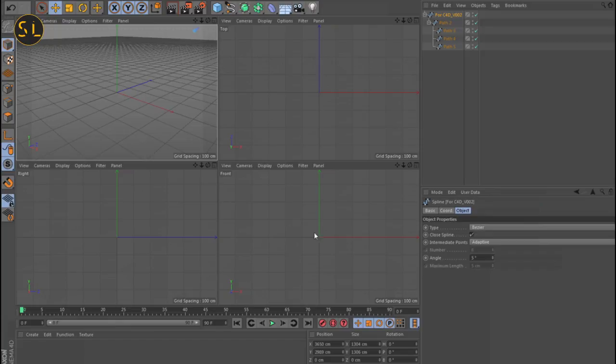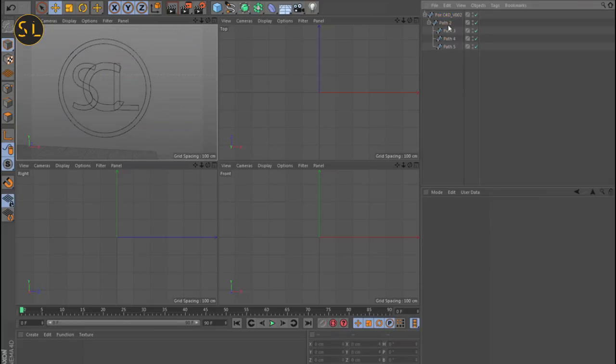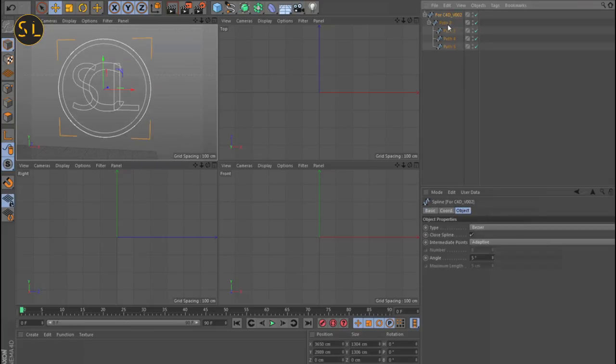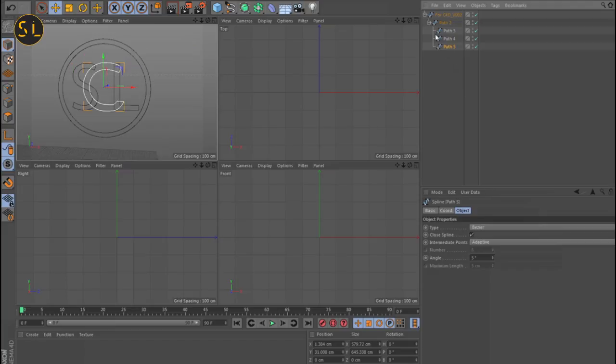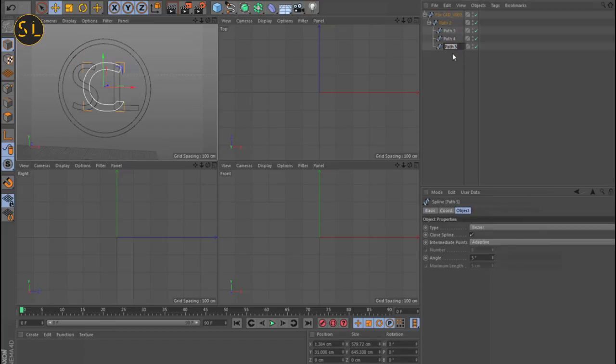And if I just zoom out, now in this I've got all these paths here. So I've got one path here, one here, one here, one here, and these are all grouped inside each other. So the first thing I'll have to do is rename these guys. So this will be C. Now to rename a layer in Cinema 4D, select the path and double click and press C. So this is the letter C, this will be the letter S, and this will be the